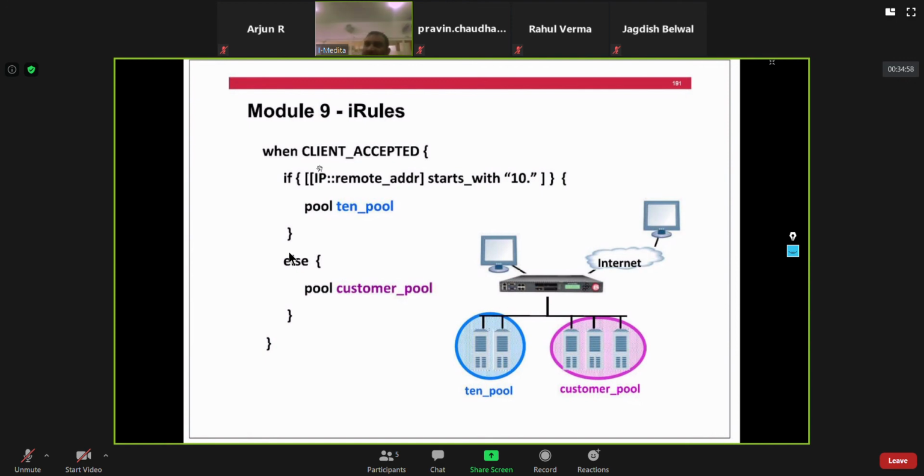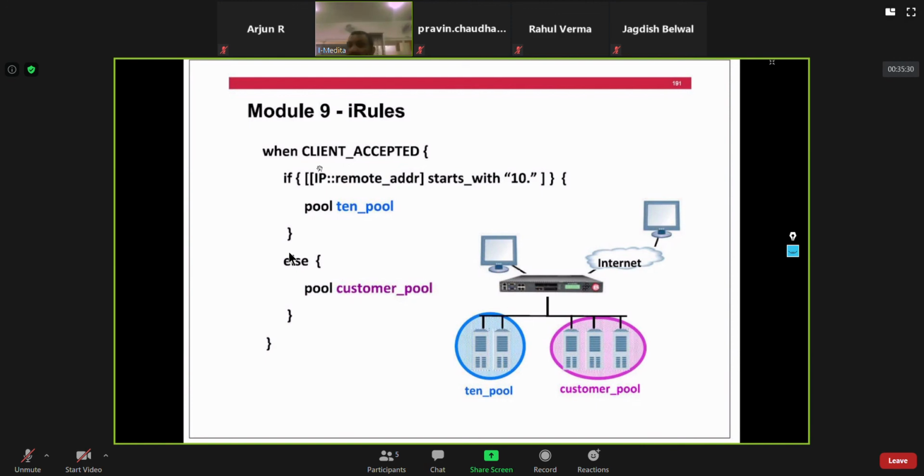In fact, if any client is coming from a mobile phone, like the operating system is Android, then we should use a separate pool which is dedicated only for the mobile users. You get my point? That is something which you cannot perform by utilizing the existing options on your Big IP. So for that purpose, you would always require to have iRules in place. You can perform a lot more using iRules.